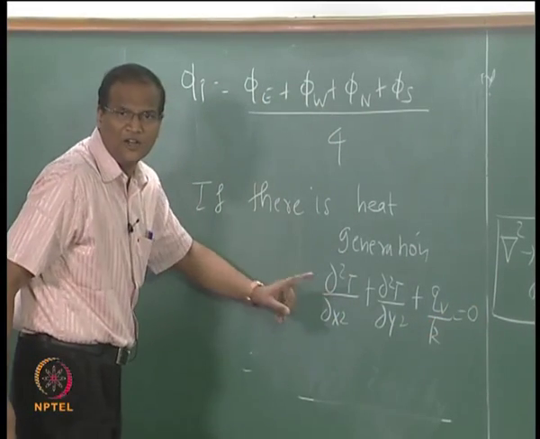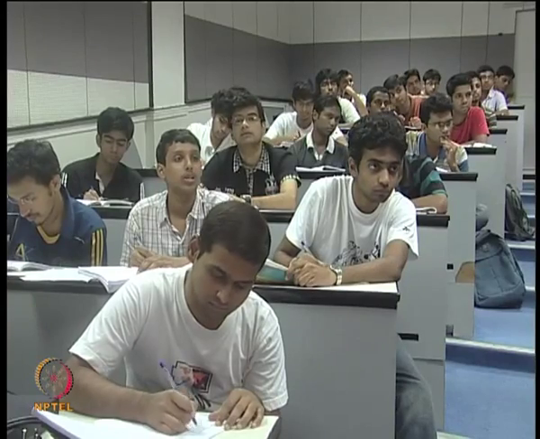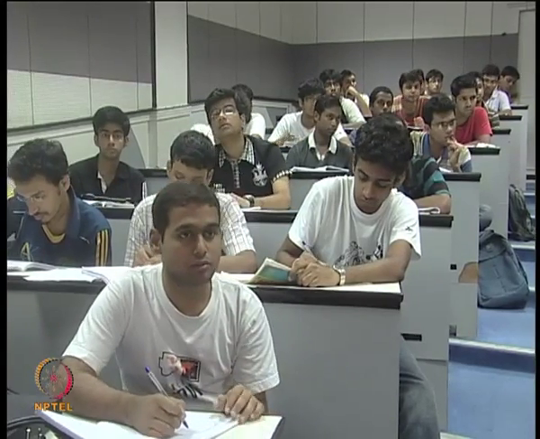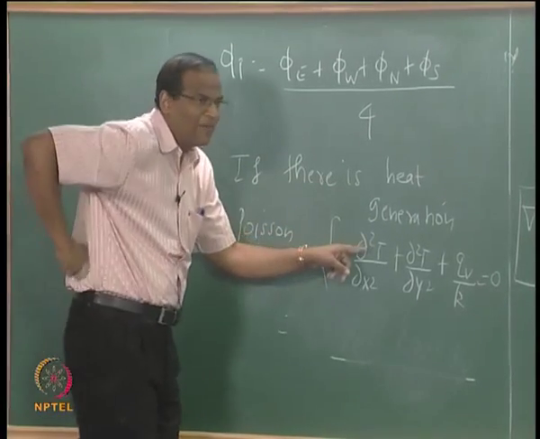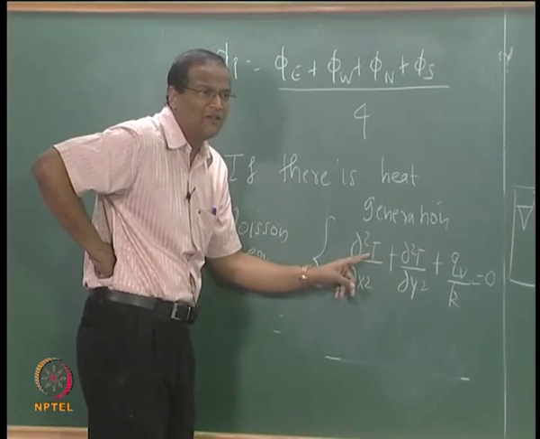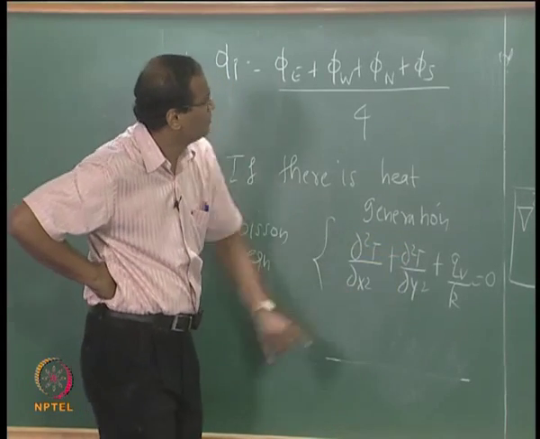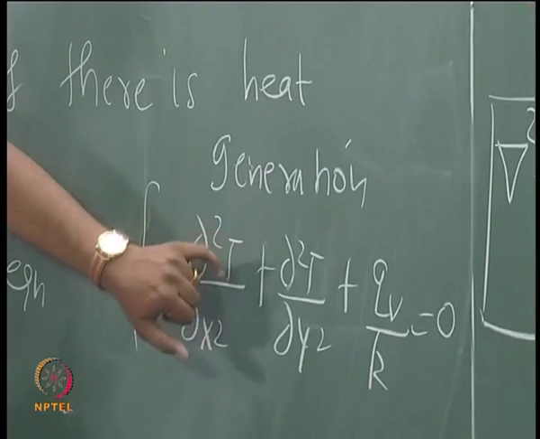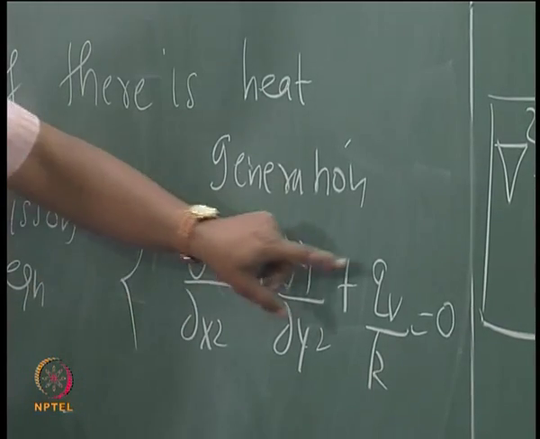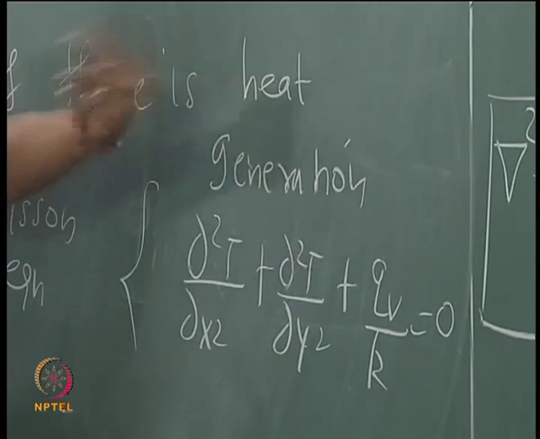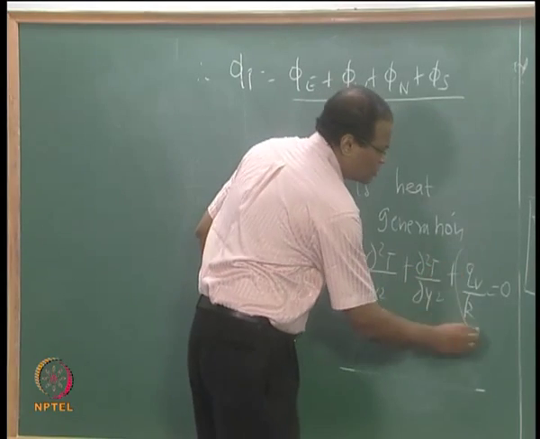Correct? This you must have learnt in your heat transfer course. What is this equation known as? Laplace. Poisson equation. So what will happen is, look at this, these two terms will give phi east plus west plus north plus south minus 4 times phi of P divided by, if you have delta x equal to delta y, divided by delta x square plus qV by k equal to 0. Then you can rewrite this in terms of phi of P, and then you will have an additional term which is a consequence of this.